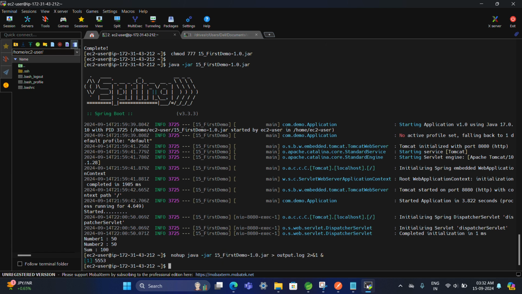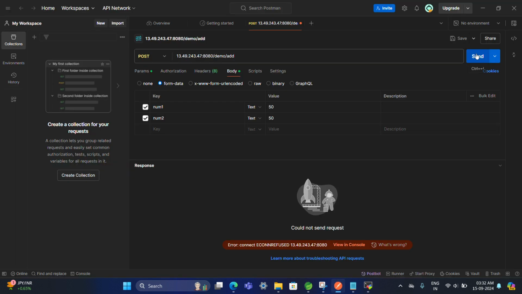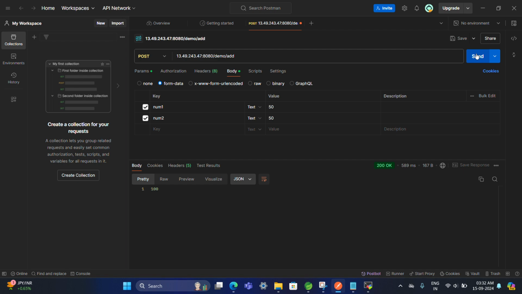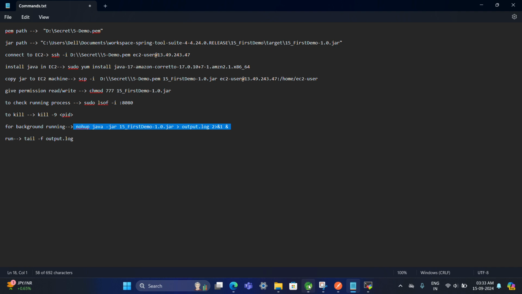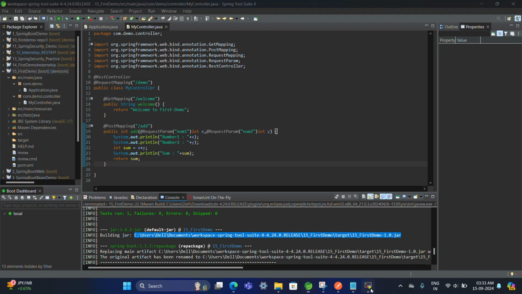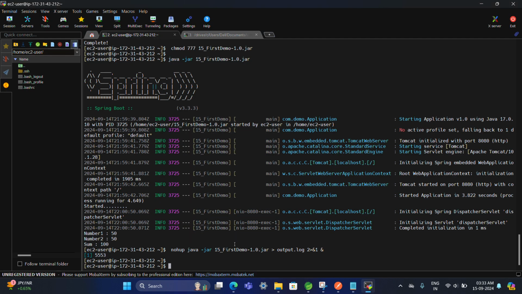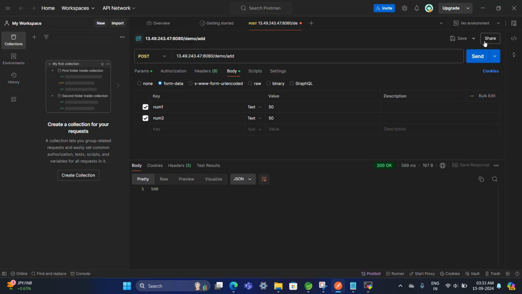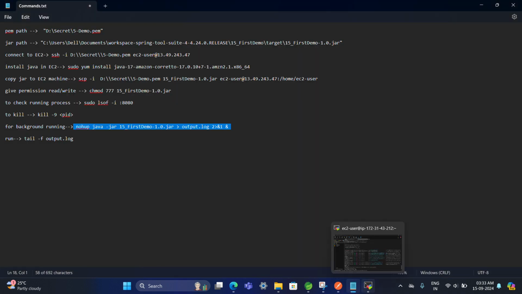Okay, enabled. Let's check whether it is working or not. I think it is working fine. That means the nohup command works perfectly. Okay, let's press Control C and check again. Nohup command. So one thing also,